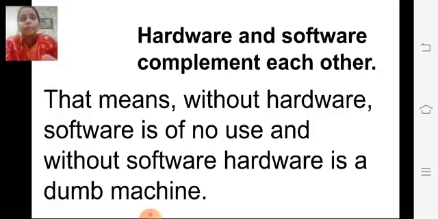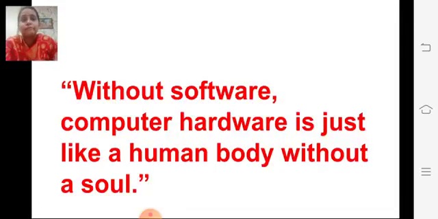Understood? So you can say without software, computer hardware is just like a human body without a soul. A human body, if no soul, is of no use. Okay children?